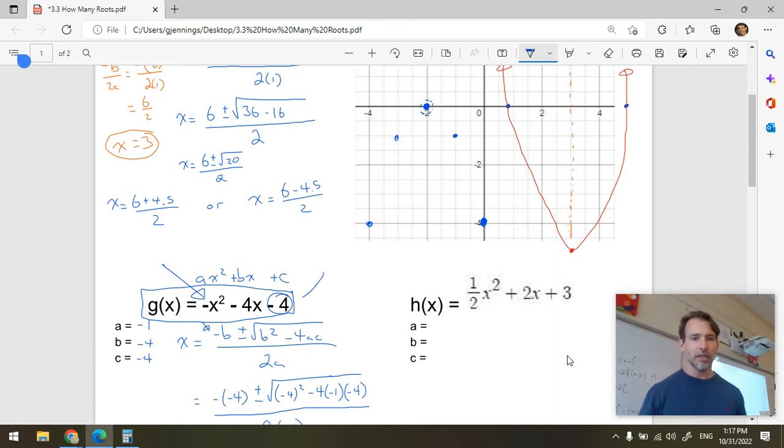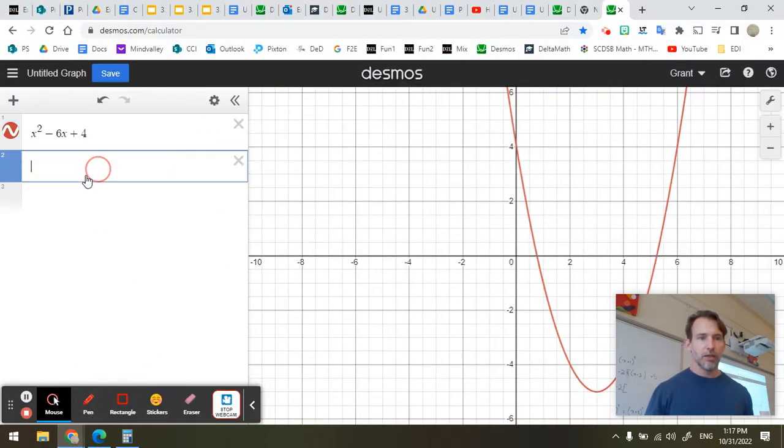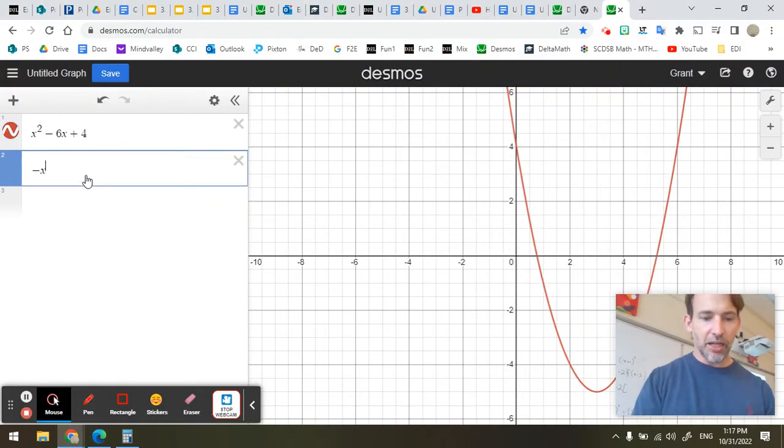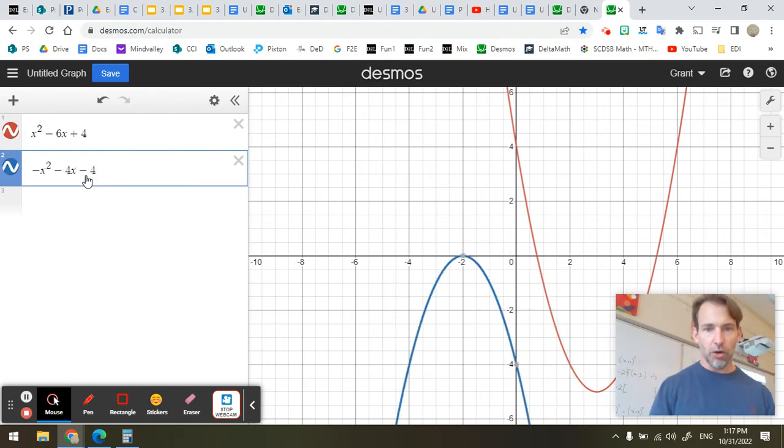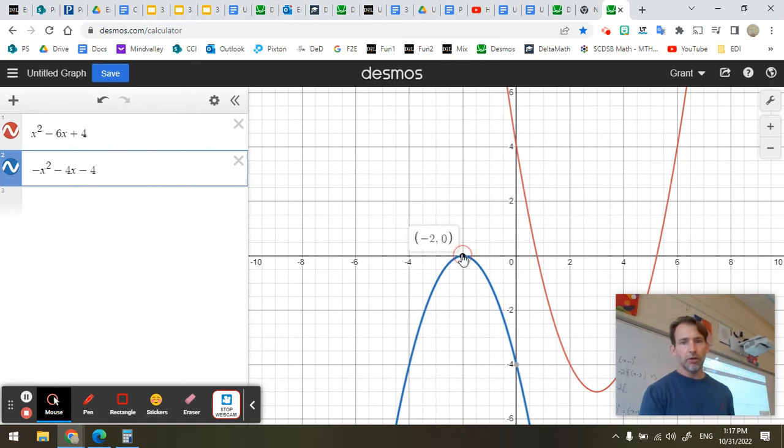Let's take a look at this one in Desmos. So if we put this one into Desmos, we have negative x squared minus 4x minus 4. And there it is there. Notice that it has exactly one root, and that the root is also its vertex. So whenever you find that something has plus or minus 0, when the contents of that square root is 0, you know that the root is the vertex and that there's exactly one root,